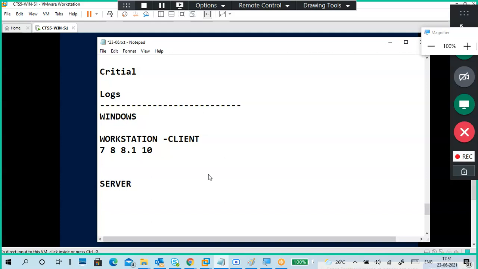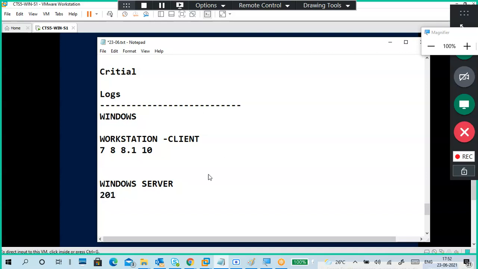Server is a separate operating system. Windows Servers. It's not just a server, Windows Servers. When you come to Microsoft, carefully you have to say Windows Servers. So the current version of Windows Server is 2019, 2022 is going to be released, not yet released. 2016, 2012 and 2012 R2. So I will put it in a parallel manner.